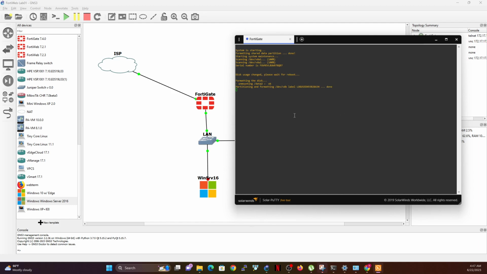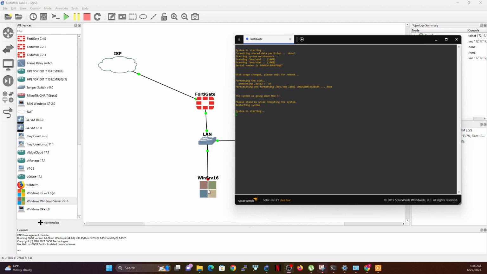But you definitely would need an email address that is not already used. So of course we're going to create a new email. We're going to use the email to register the FortiGate. While this is restarting and getting ready, I'm going to wait for the whole process to come back online. Once it's fully online, I'm going to log in, and then I'm going to check if we're getting any IP address, and then we're going to access this using the IP address.